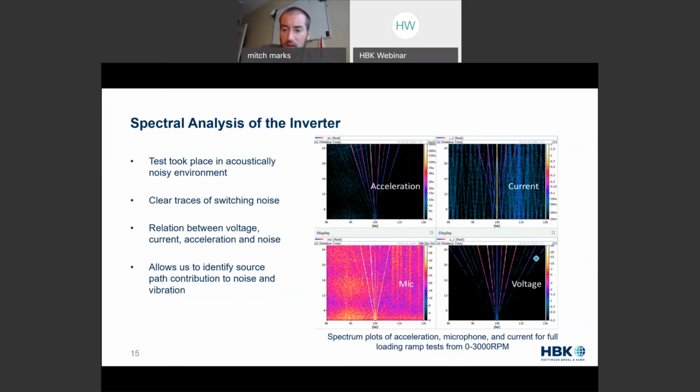We get the contribution of voltage to current, and we can see how much is filtered out of that harmonic signal going from voltage to current. We can see how much is filtered between going from current to acceleration or going from voltage to acceleration, whichever you're particularly interested in. And then we can see how that correlates with microphone as well. And we can get this full picture of having all these things in one place. And when we were running this test, one really interesting thing we found